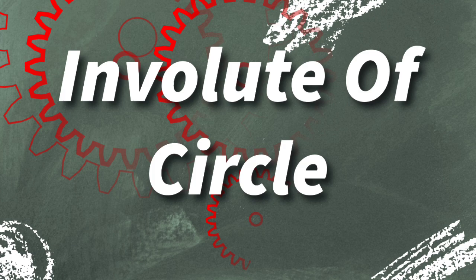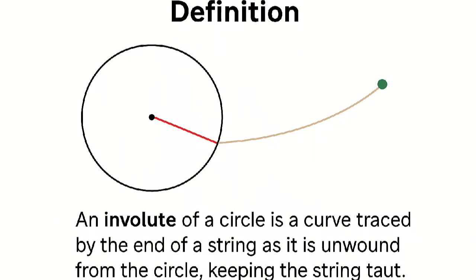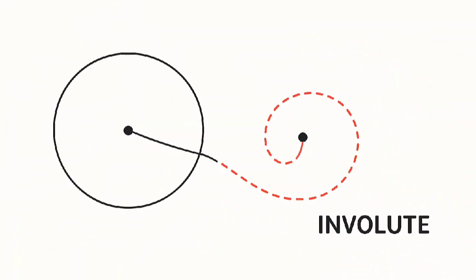So before we begin the actual construction of the involute curve, let's first understand the theory behind it. What is an involute? In geometry, the involute is a special curve. Special curve means what? Just imagine you have a circle and a thread tied to it. If you start pulling that thread while keeping it tight and unwrap it from the circle, the end of the thread will form a special curve, and that special curve is known as the involute of a